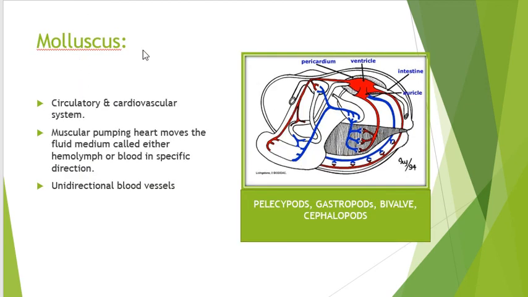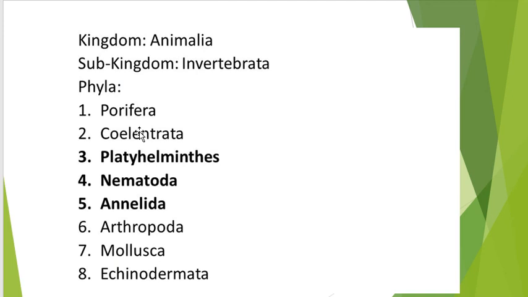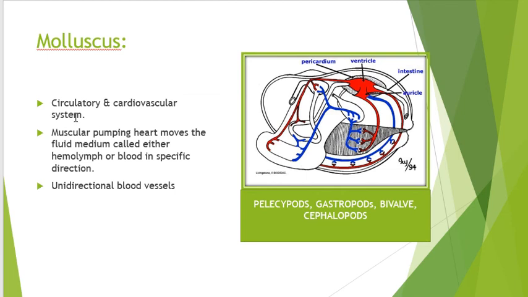The blood found in arthropods is a mix of blood and interstitial fluid. Next we have molluscans, and from here the closed circulatory system starts. Actually, it is mentioned in Miller and Hurley that the closed circulatory system is present in molluscans, but we can see from here that annelids come before molluscans, and they still have a closed circulatory system. But it is mentioned in Miller and Hurley that molluscans are the first animals that have a closed circulatory system, and